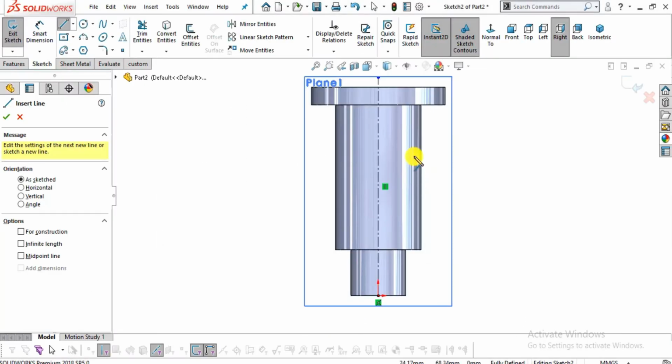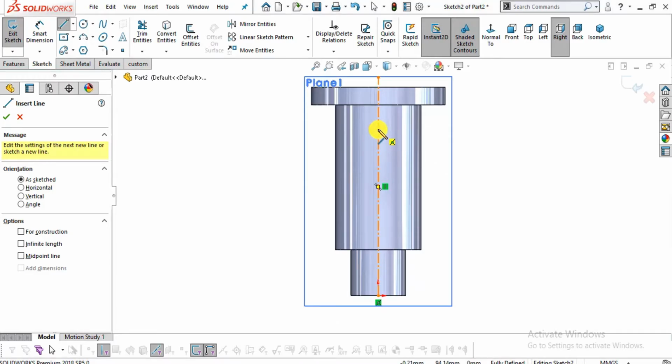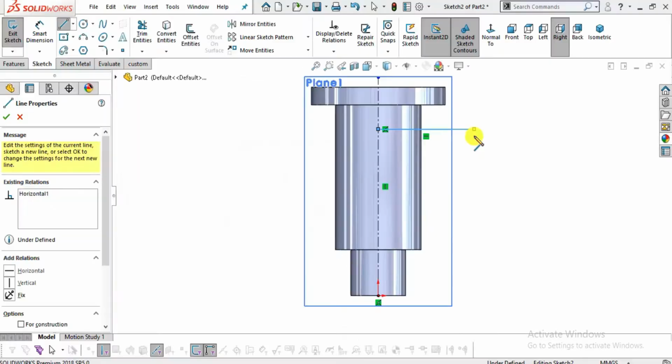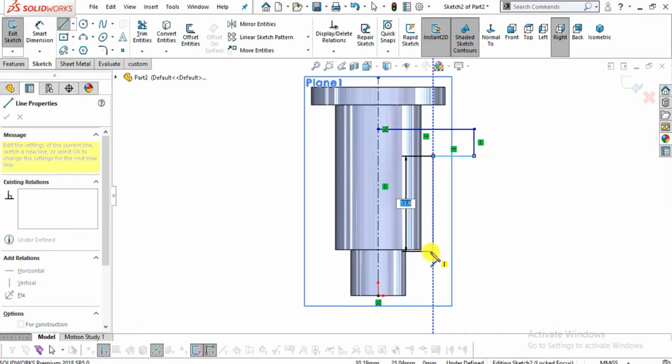So first I will select this point and create a line like this, then downward direction and inward, then again in the downward direction.